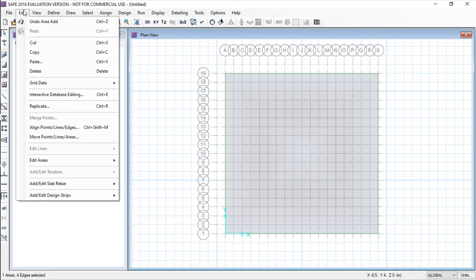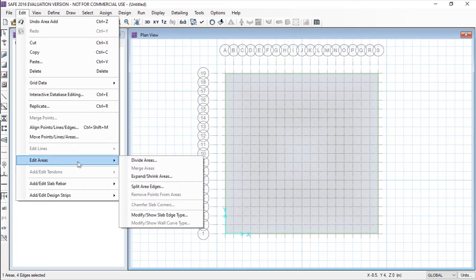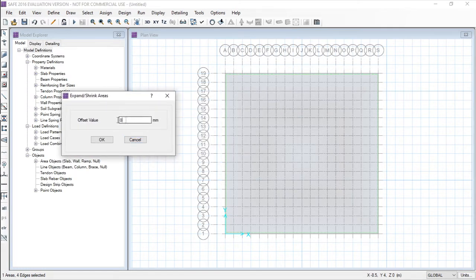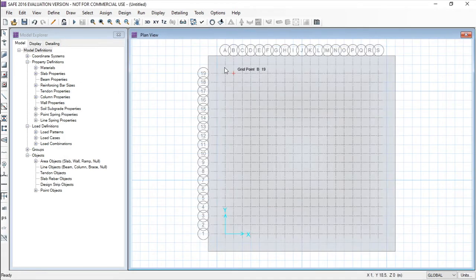Now go to the edit menu and edit areas. Over here go to expand and shrink areas and create an offset value. I'm taking the offset value as 2 meters, so for millimeters, give it as 2000 and click on the OK button. You can see the 2 meter offset is created from the edges in each direction: positive x, positive y, negative x and negative y direction, right?